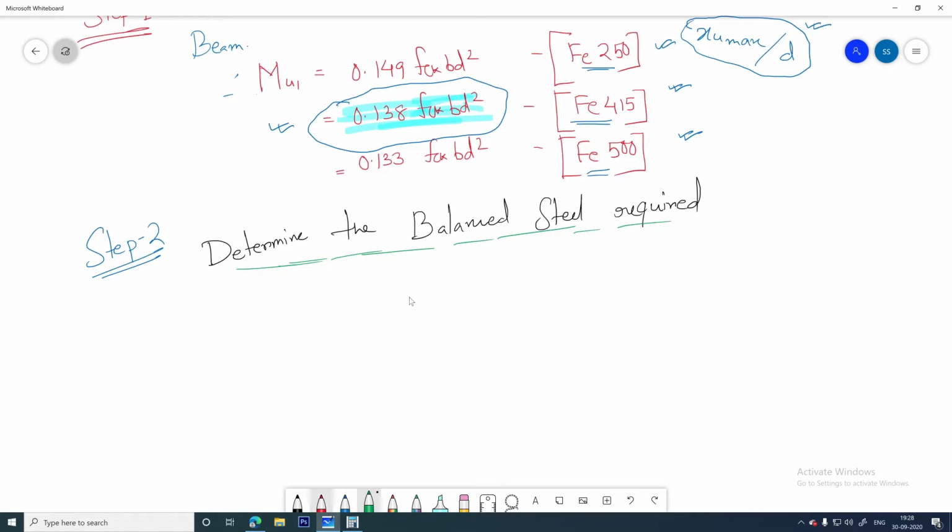So first I will show you the simple thing. Here you just need to equate C equals to T, that means total compression force equals the tensile force, considering it as a singly reinforced beam design. Okay, so what is the value of C? I think you remember 0.36 FCK XUB, and T is 0.87 FY AST. Clear? So from here you need to determine the value of this AST. Okay, and this AST is actually the AST1.